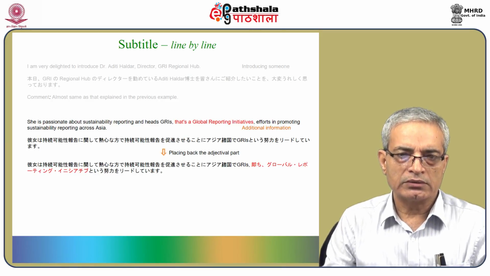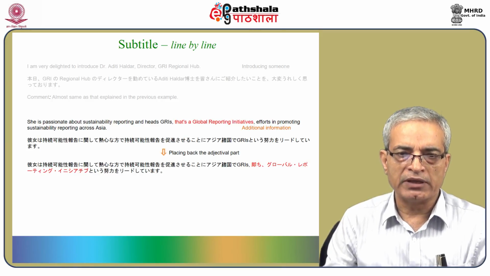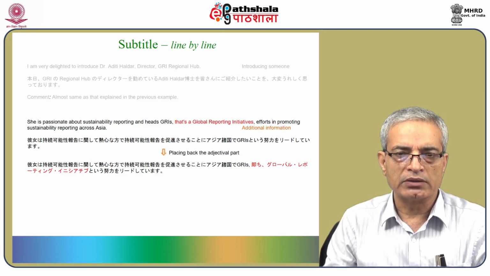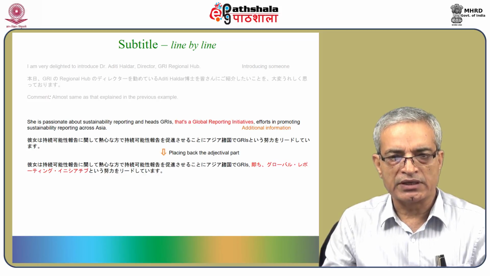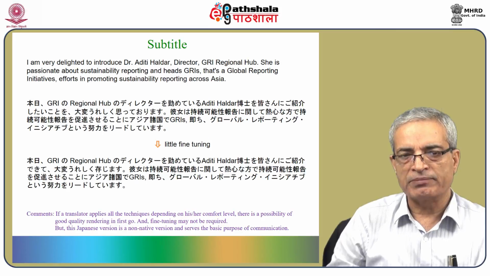Now going to the balance part, the remaining part, that's a global reporting initiatives. It's translated and put straight away directly in between. In Japanese it comes as Honjitsu GRI no regional hub no director o tsutometeru Aditi Haldar Hakase o minasan ni